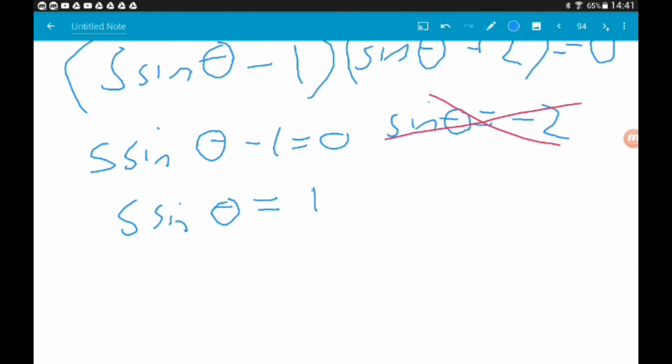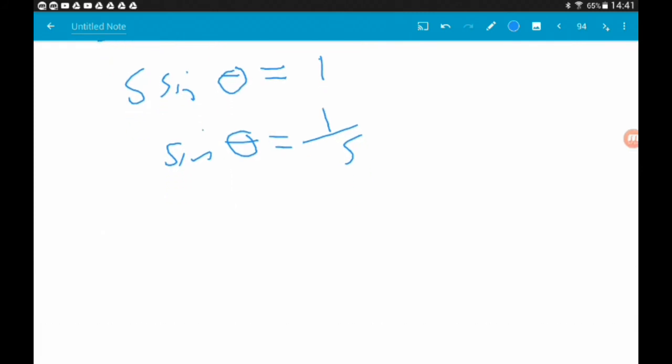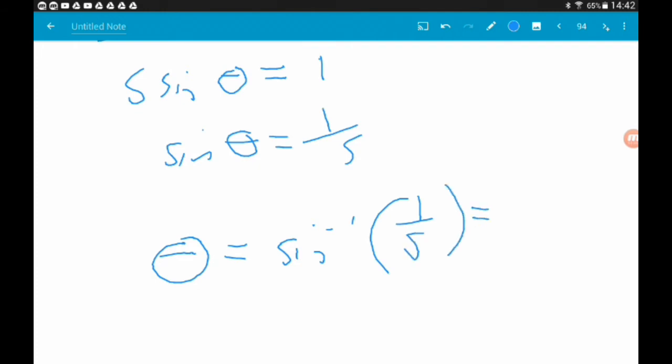So sine theta is equal to 1/5. So now we need to get our first value for theta by inversing sine. So theta is equal to the inverse sine of 1/5,